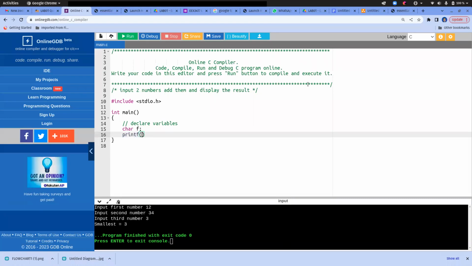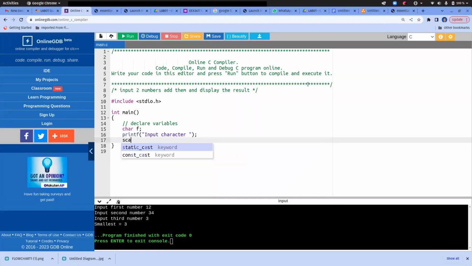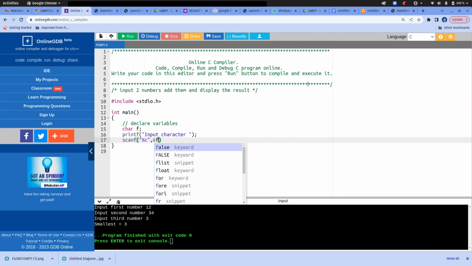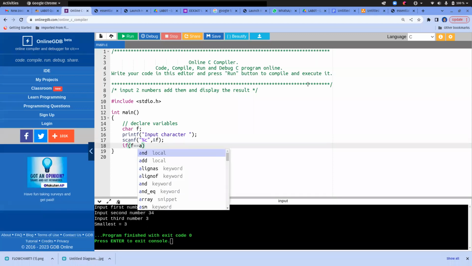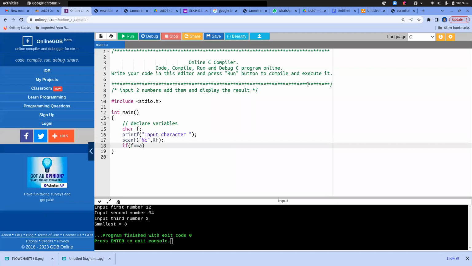Now printf input character, scanf and F. If F is equal to A, when you check